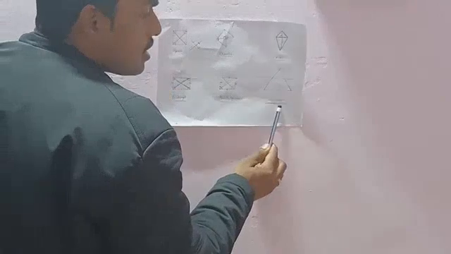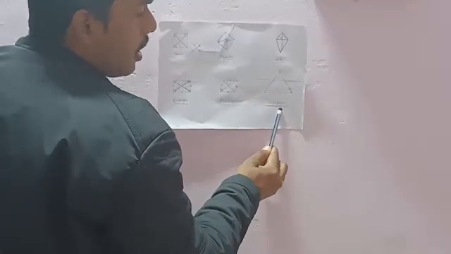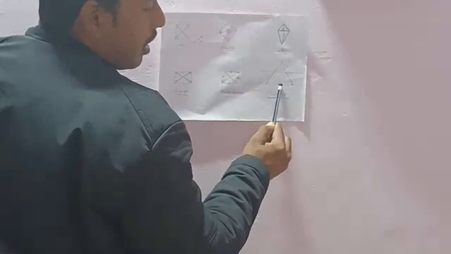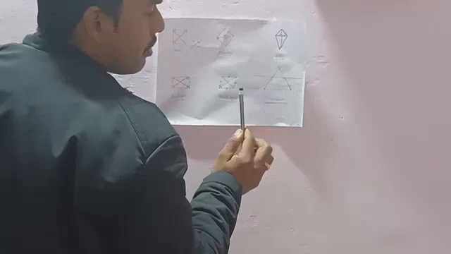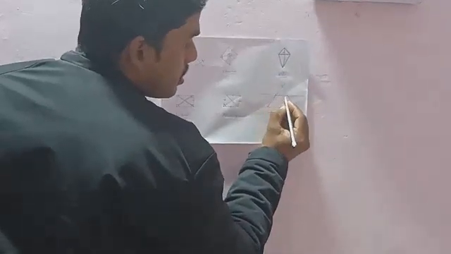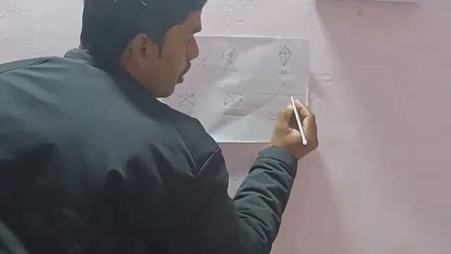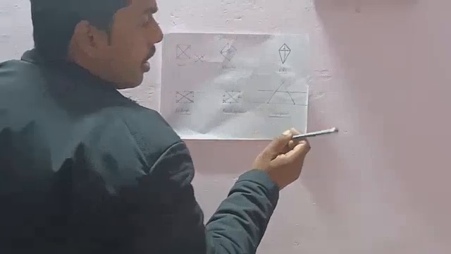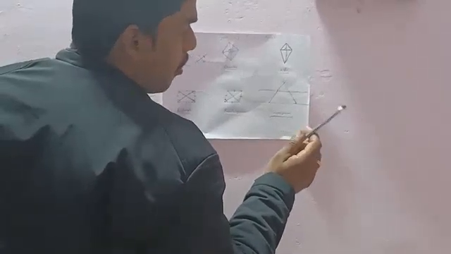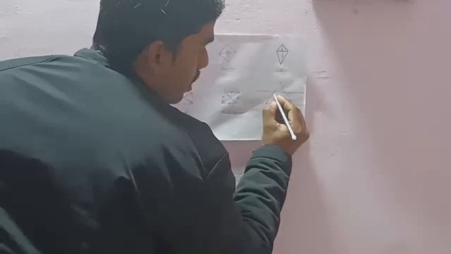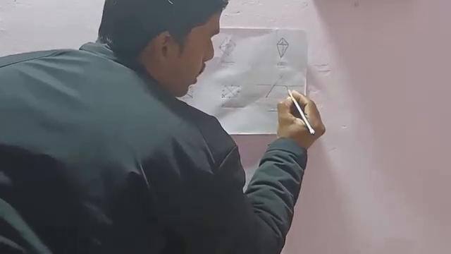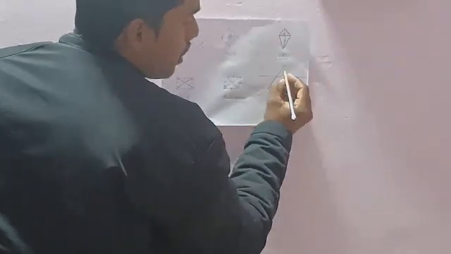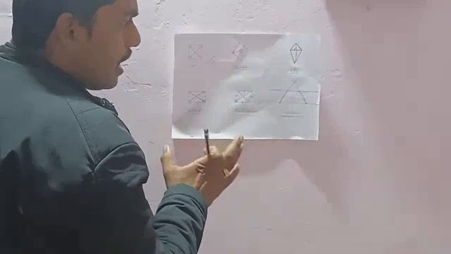Here our last shape is the trapezium, in which one pair of sides is parallel. Here I am using the word parallel. It means that when we extend the sides like this, they do not intersect each other at any point, but when we extend the other sides, they intersect at this one. So this is all about the quadrilaterals.